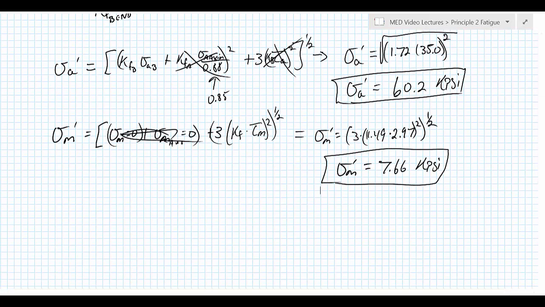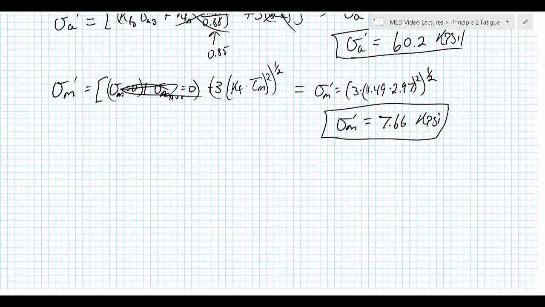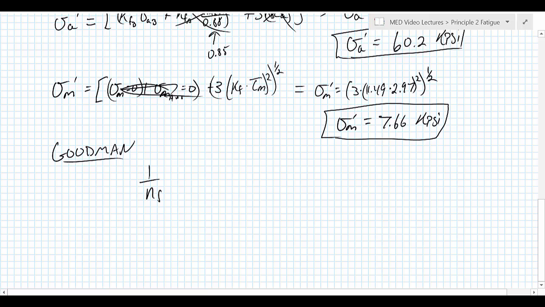So now we have an equivalent amplitude stress and equivalent mean stress, and we can plug these equivalents now into our factors of safety. So let's evaluate this with the Goodman equation. And if we do, we'll have 1 over NF equals sigma A prime over SE plus sigma M prime over SUT. Or in our situation, that works out to 60.2 over 29.5 plus 7.66 divided by